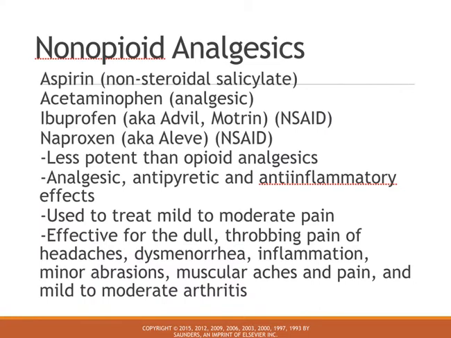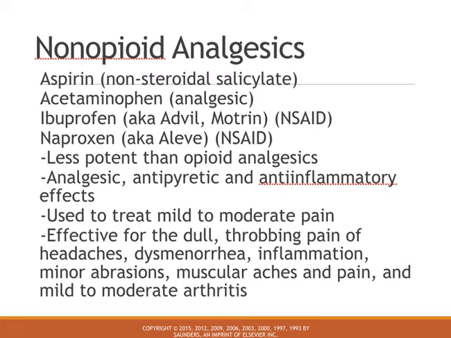So this is just a touch base on those non-opioids that we talked about in the anti-inflammatory chapter. So that's aspirin, acetaminophen, ibuprofen, which you could also know as Advil or Motrin. You can use naproxen, which you may know as Aleve. These are less potent than opioids. They have analgesic, antipyretic, and anti-inflammatory effects. They're used to treat mild to moderate pain. They are effective for dull, throbbing pain of headaches, pain associated with dysmenorrhea, inflammation, minor abrasions, muscle aches and pains,